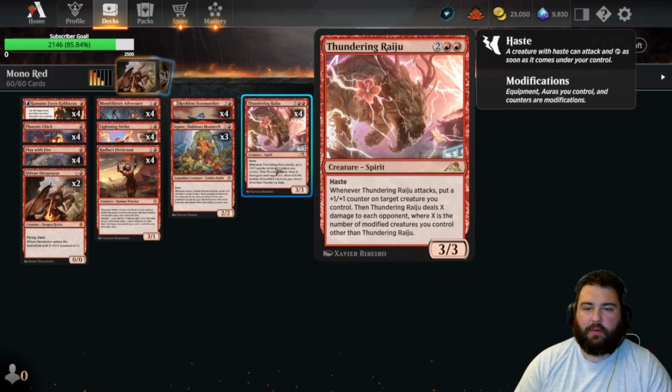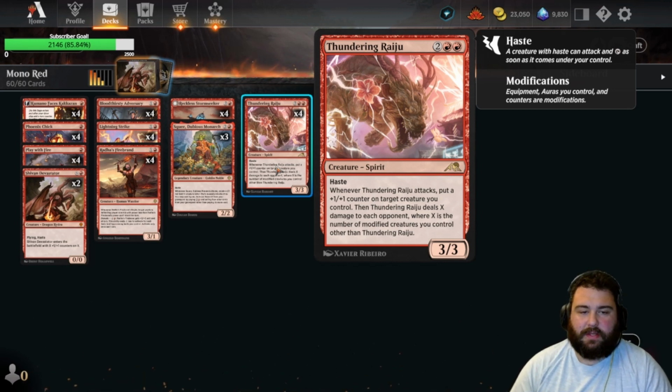And 4 Thundering Raiju. 4 drop 3/3 with haste. When it attacks, put a counter on something else, and then it deals damage based on the amount of other modified creatures you have other than Thundering Raiju. So if you have 1 or 2 of these out, you can do 2 or 3 damage every time you attack with everything, which can close out games. Super good card from the End